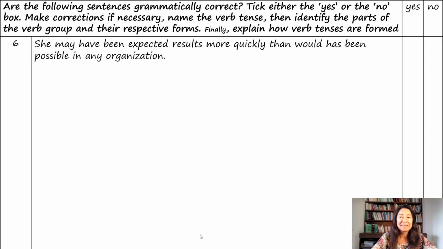The next sentence: she may have been expected results more quickly than would has been possible in any organization. So here there are two different verb phrases or verb forms, and are they correct or not? There is another operator that appears here that we hadn't seen before, and that operator here is may, and there is would, but both of them are part of the same series of operators that are called